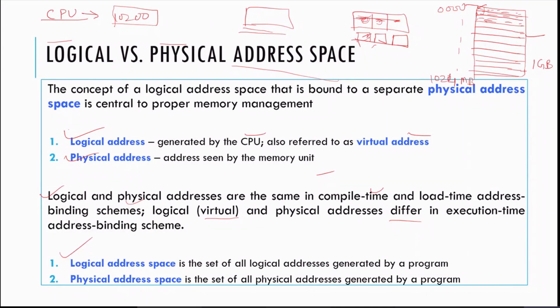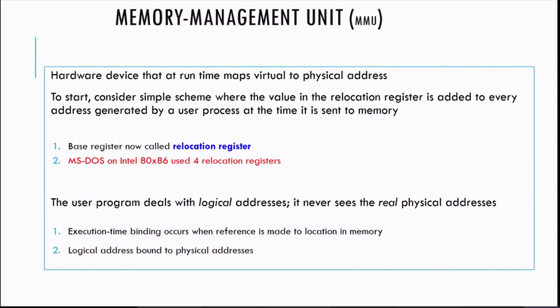The logical address space is the set of all logical addresses generated by a program, and the physical address space is the set of all physical addresses for the memory. A very important component of the operating system here is the MMU, the memory management unit. It plays a very key role. It tracks all the free memory locations and the locations already occupied by some process. It keeps track of everything.